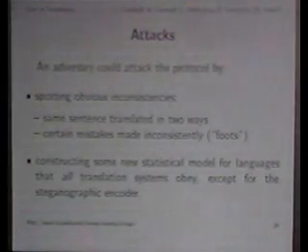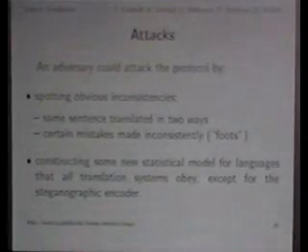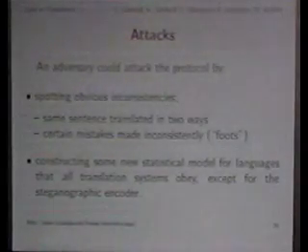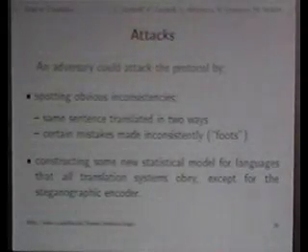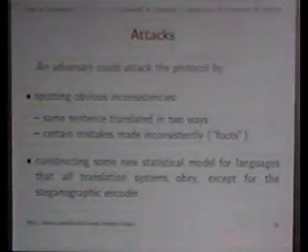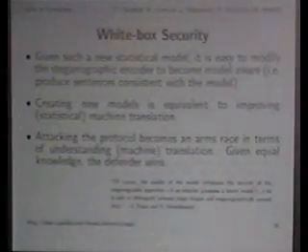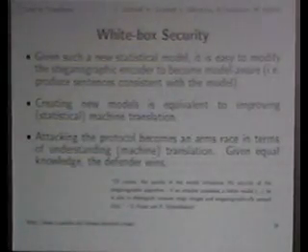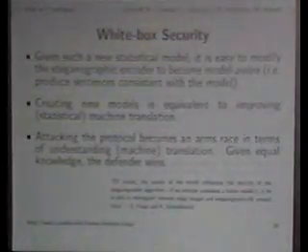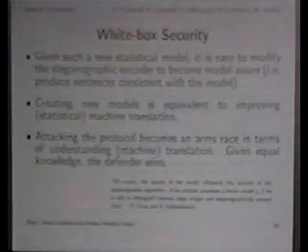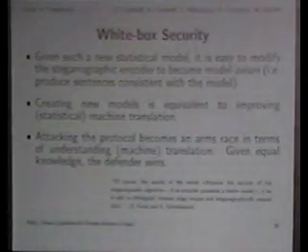In general, one problem that most steganographic systems have is that somebody could construct a new statistical model that says all of the translation systems in the world obey this model except for this one. Right? That applies the same to image steganography or something with audio files. Somebody has a model and you deviate from it and you shouldn't. How can you defeat that? Well, let's assume, just for fairness, that we also know about that model. If we know about that model, we can easily make our encoder aware of that model by sorting out sentences in the translation process that don't obey the model. And then we can't be detected anymore.